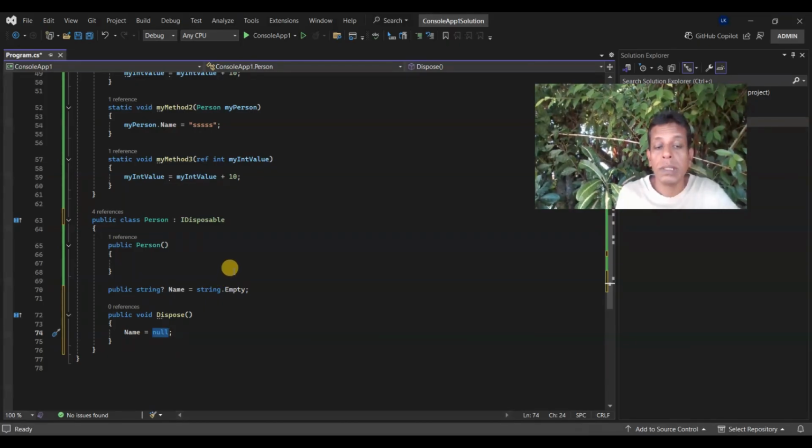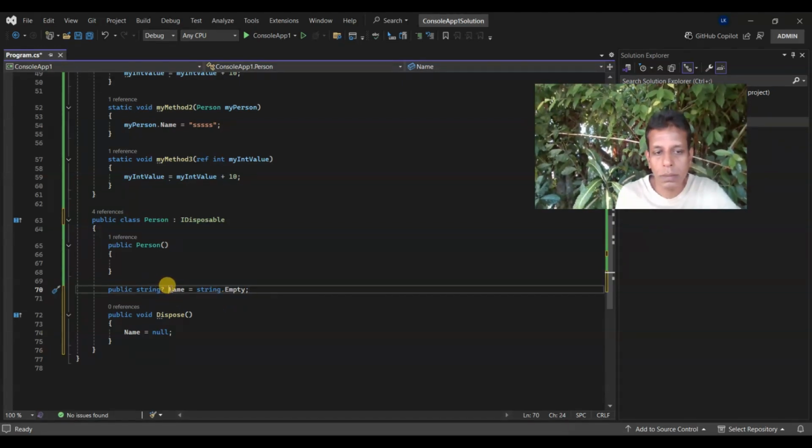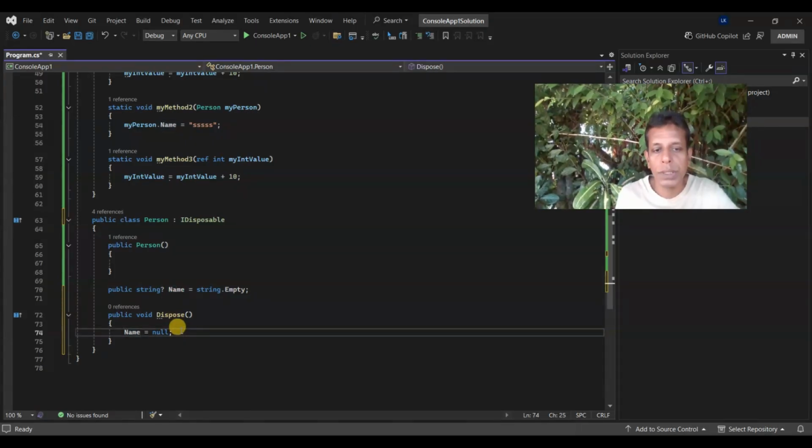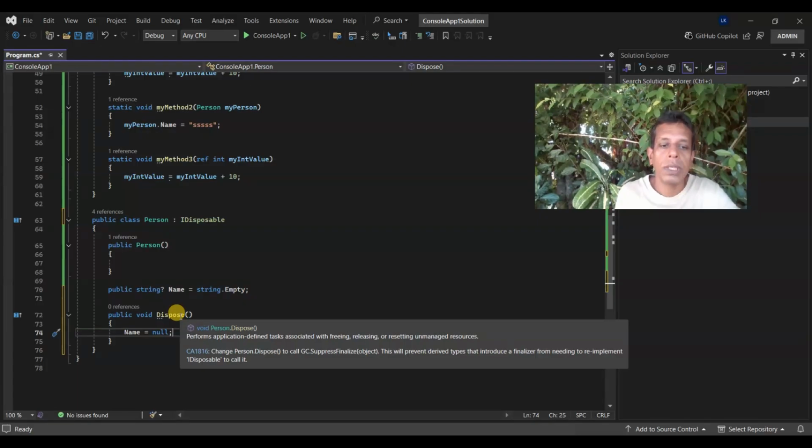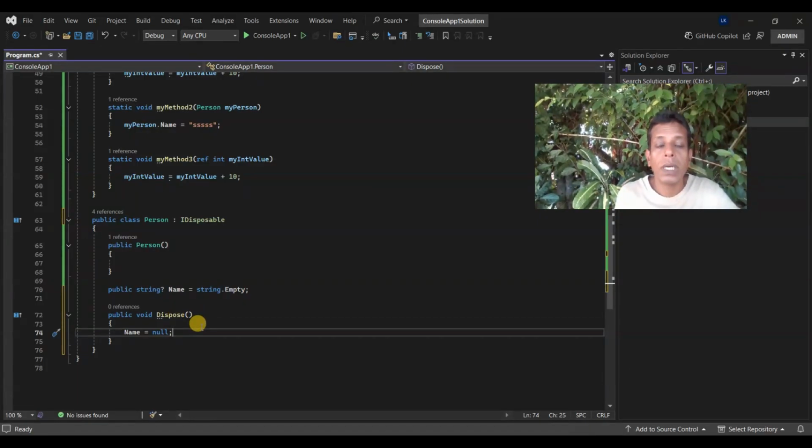Okay, so that is a good practice. This is very important when you create database connections or resource-consuming big variables. It is not important here. Name is just a string variable. It will be automatically collected by the garbage collector. But if you are creating